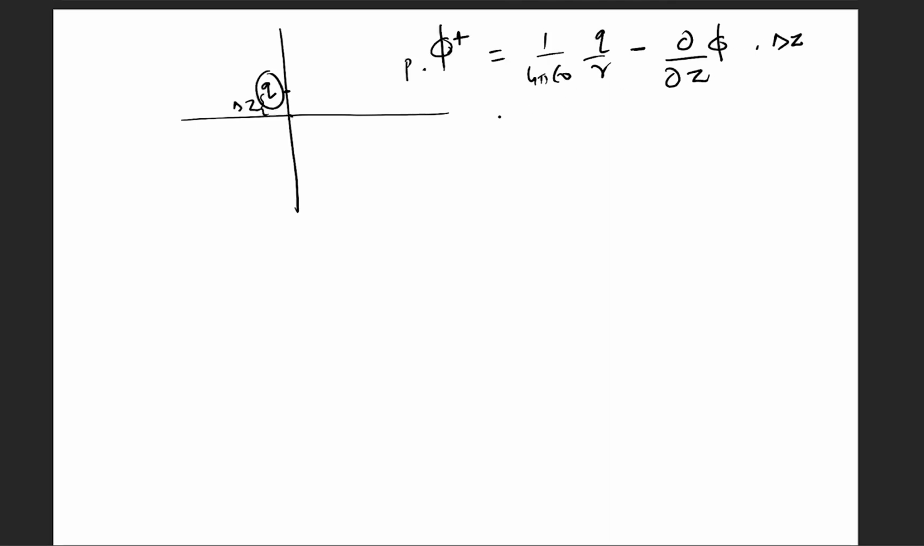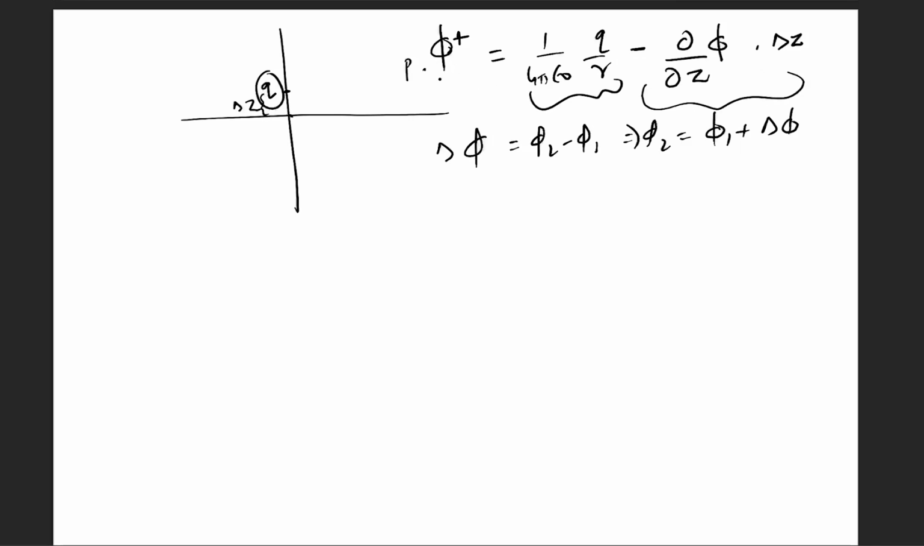Okay, because we know that delta phi is simply phi 2 minus phi 1, or phi 2 is simply phi 1 plus delta phi. So delta phi is this one, and this was phi 1, and this is phi 2. Similarly, if this charge was minus q,